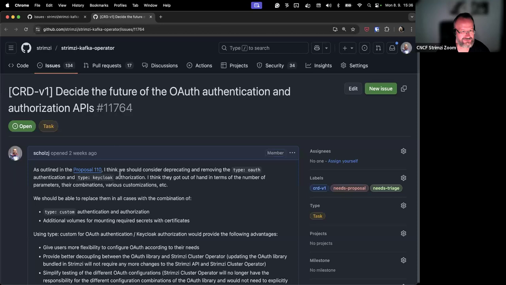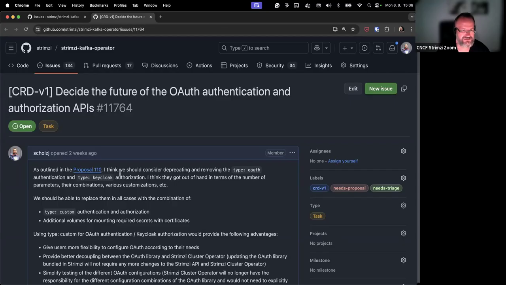So whatever was supported before will still remain supported later. It's just that the form will be different. I think it will also slightly simplify the code of the operator because we will have fewer specific authentications to handle. But I think it will also be a way to simplify the tests because we can better